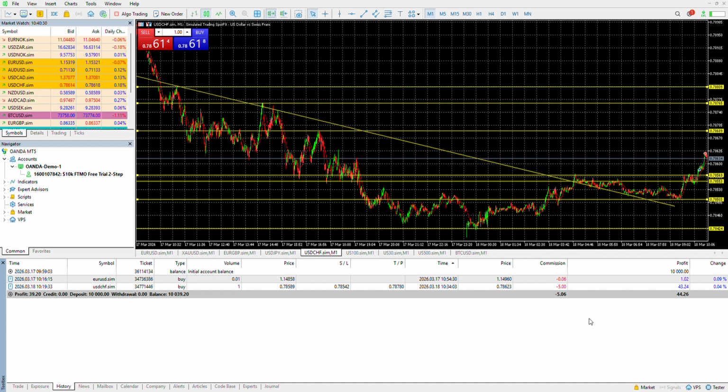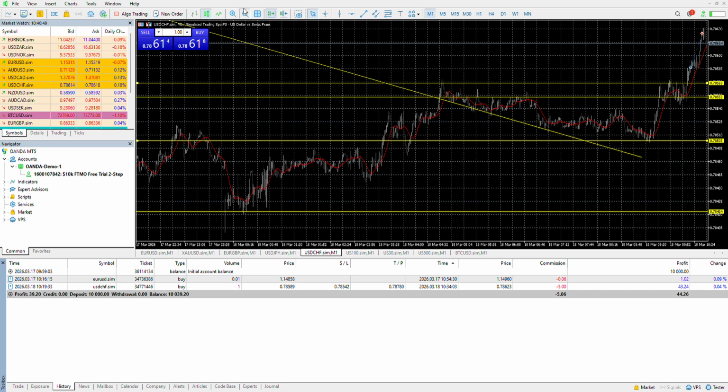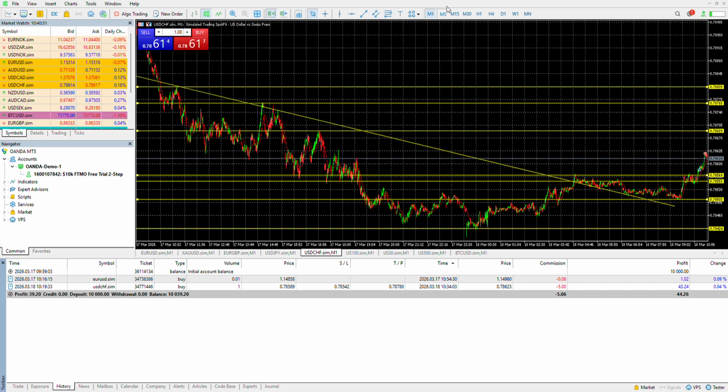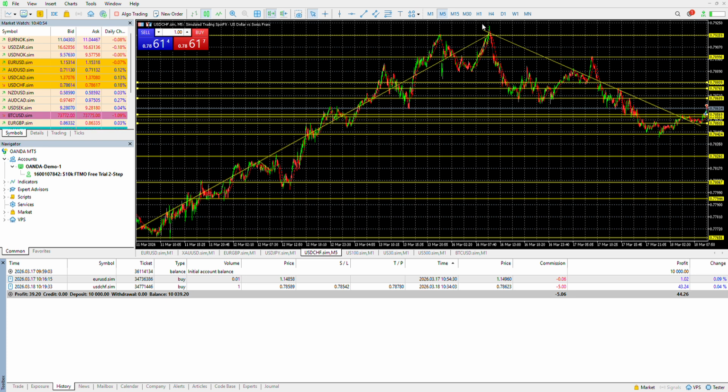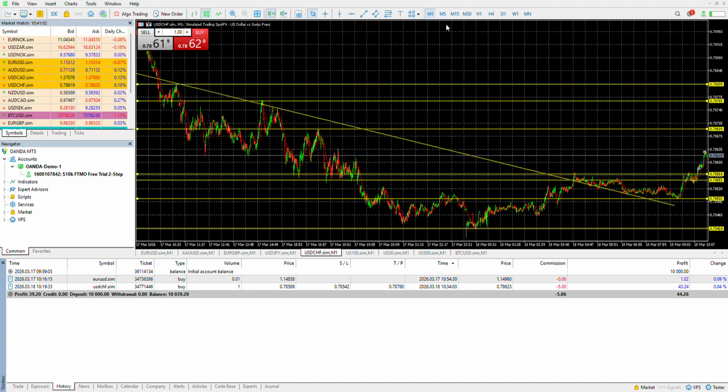Okay, this is a trade that I made on a free demo account with FTMO. It took me a while to decide what I wanted to do, but I saw a breakout opportunity and I took it. So what I was observing is initially it was dropping here. It's dropping here, right? And so I thought, well, maybe it'll continue, but on a momentary basis, it swung up to this point here